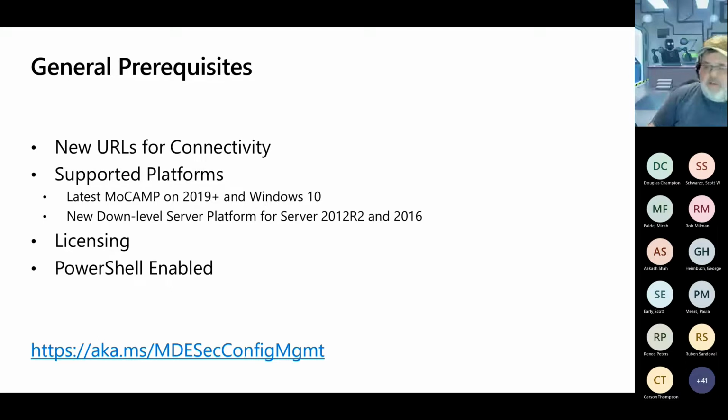Licensing, obviously you need to be licensed, and of course PowerShell enabled because of MS Sense. If you're not familiar, MS Sense is the actual agent that's being used by Microsoft Endpoint Protection. We'll be running things through PowerShell on those machines to get